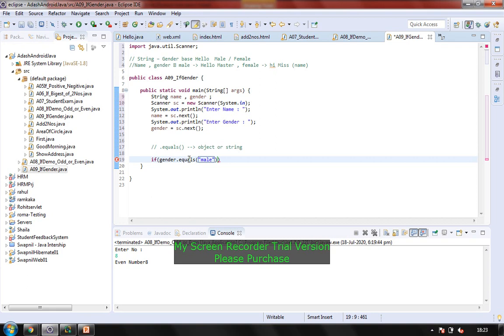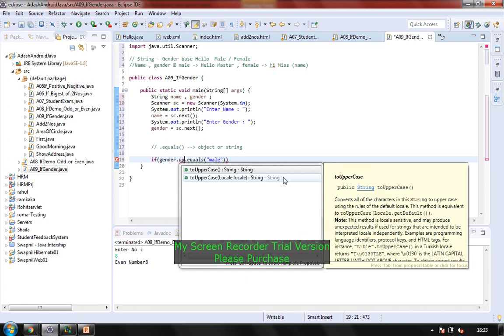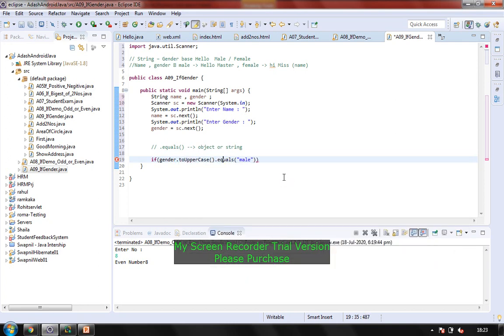Or another thing I can do, I can write this in caps only, and before that I can make the input capital. So I can just say upper, so it changes to uppercase first, and then it compares the value, because as we are Indians, we are technically very sound, and we can confuse the computer by entering smaller and capital letters.